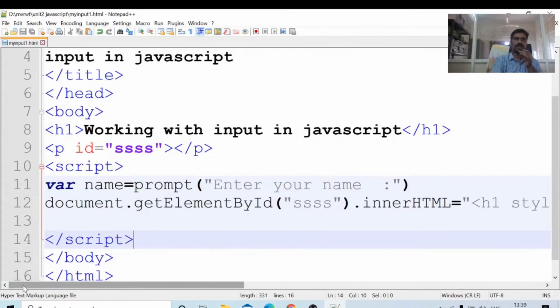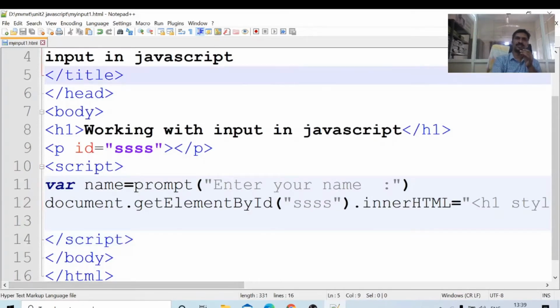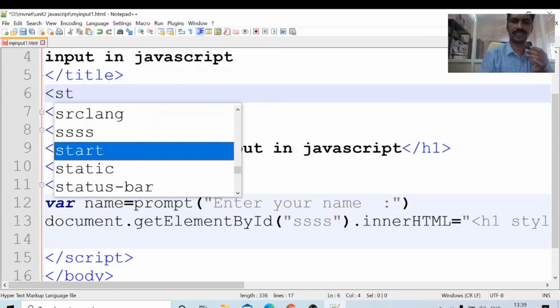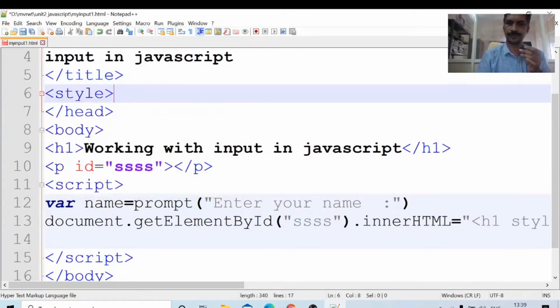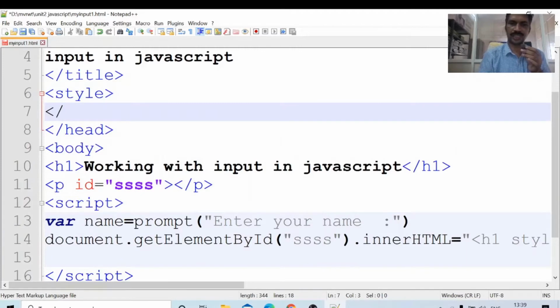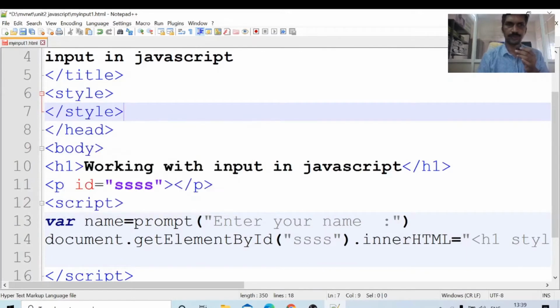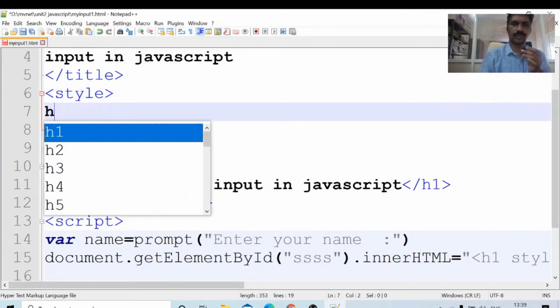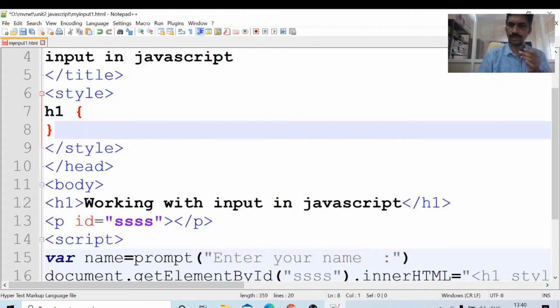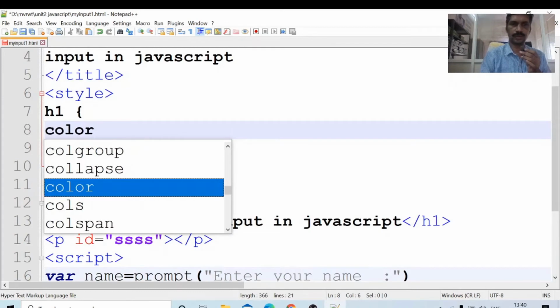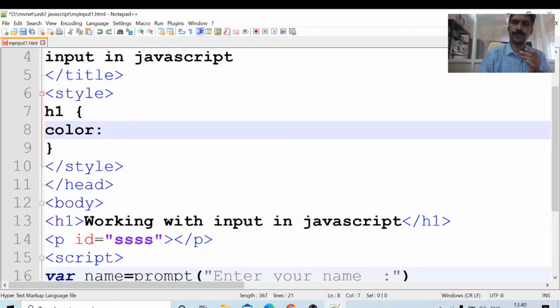Or you may specify within the header section also: style, slash style, like this. Here also we will write this style tag, style, slash style. H1 color pink.